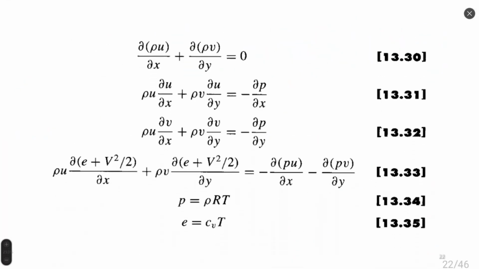Let's go further. Our equation system. This is just an example Anderson shows. I will not explain again what these equations are. Probably you saw them so many times already. We see that there is no time derivative. So the equations are stationary, right? So we use only approximation of